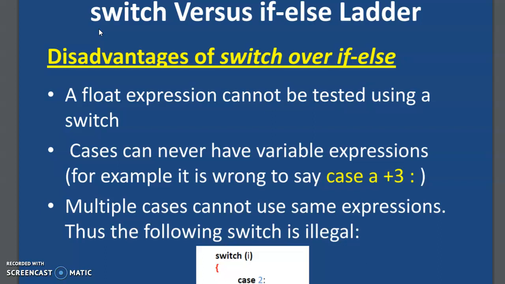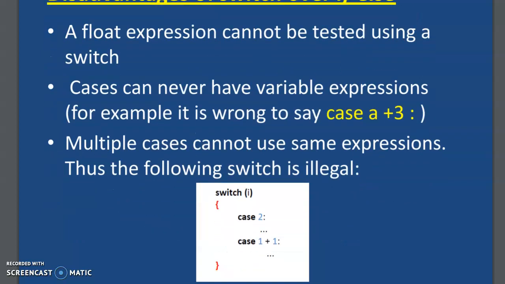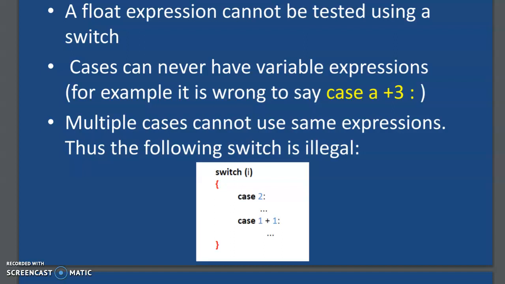Cases can never have variable expressions. For example, it is wrong to say case A plus 3. That is wrong. It can be either case A within single quotes or it can be case 3. But we cannot have an expression like this. Then multiple cases cannot use same expressions. Okay, multiple cases, they cannot use the same expressions. Thus, the following switch is illegal. Case 2 or case 1 plus 1, that is not